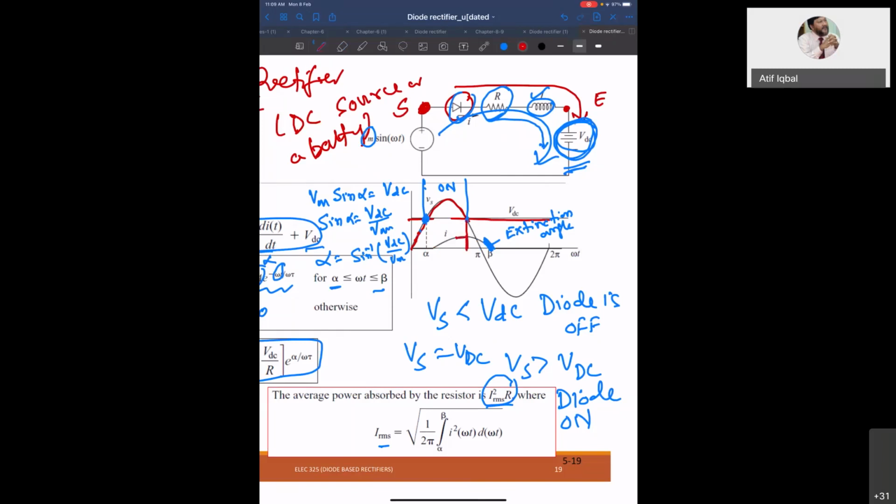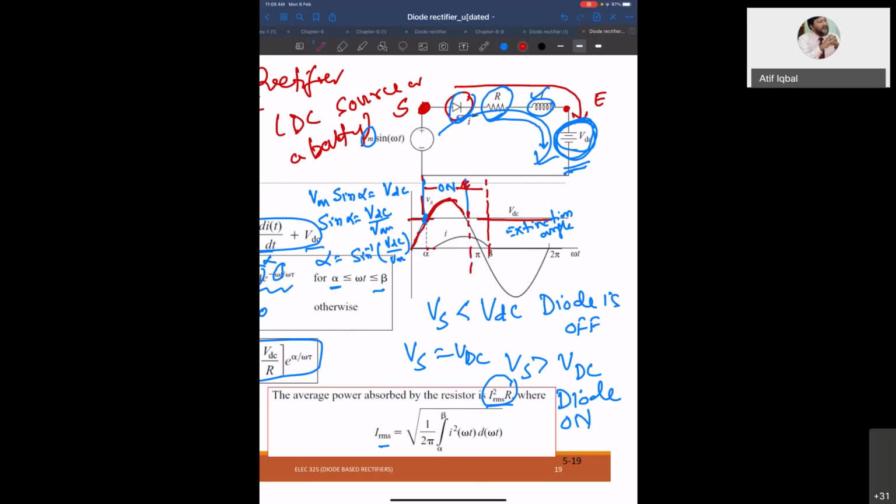And the rise also is because of the inductor. If it is a resistance, it will follow the voltage and then it will fall here. But since we have the inductor, it will not fall immediately. It will take some time for the fall. So I think I put this on condition wrong. The on should be up to this point. The diode will be on up to this point.